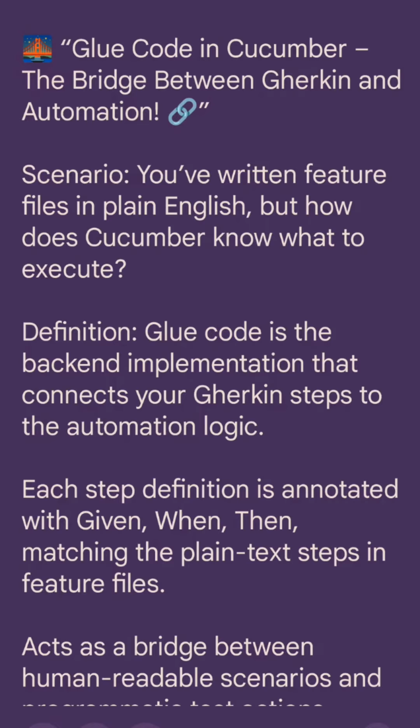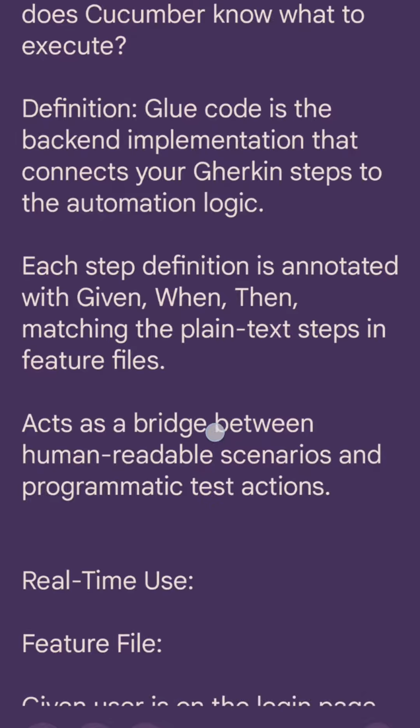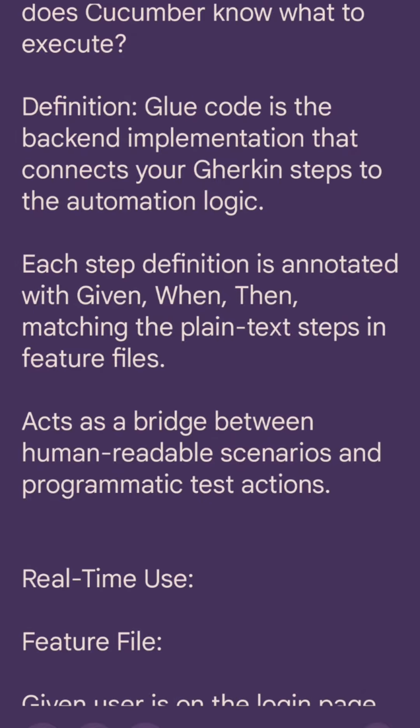Hi everyone. Today we are going to talk about the glue code in Cucumber, the bridge between Gherkin and automation. Consider a scenario: you have written the feature files in plain English, but how does Cucumber know what to execute? You can define glue code as the backend implementation that connects your Gherkin steps